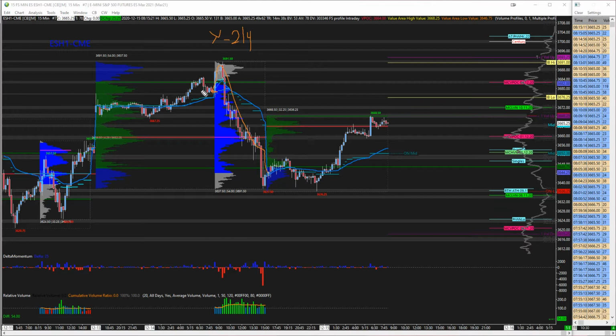So scenario 2 was a test up to 85 or 88. I tested a little higher. It did look like scenario 1, the way it was pushing up. And then after a bit of a drift, it sold off. Scenario 2 for me was test higher up to 85 or 88 and then sell off